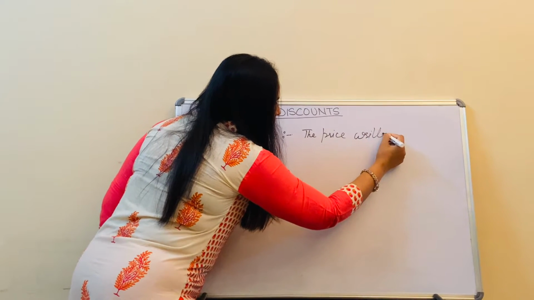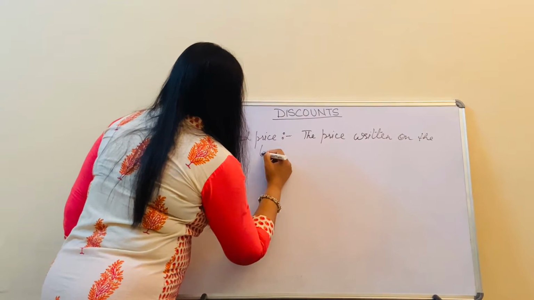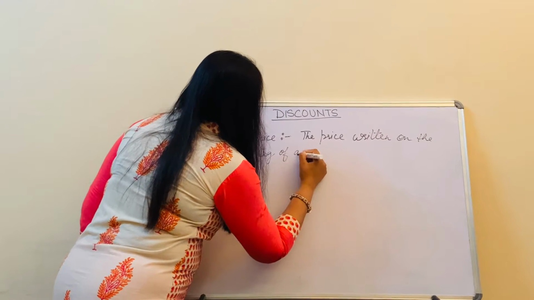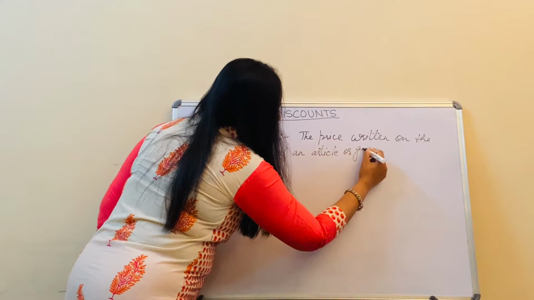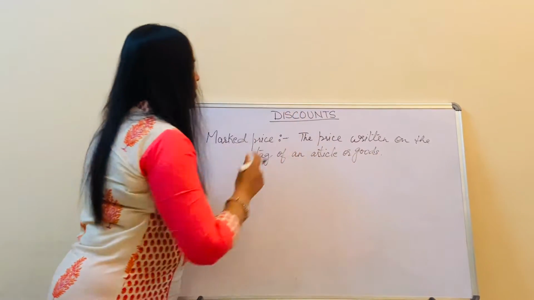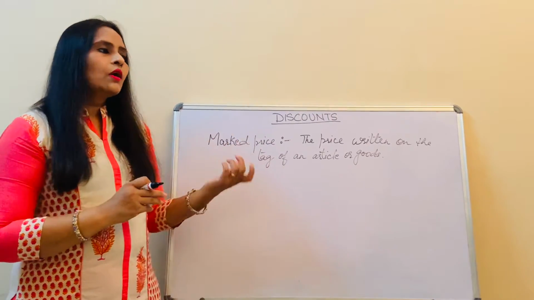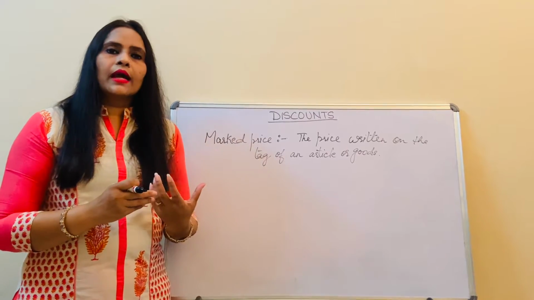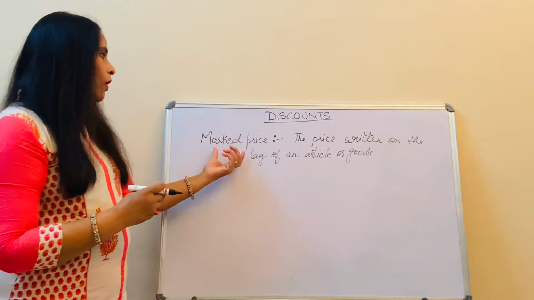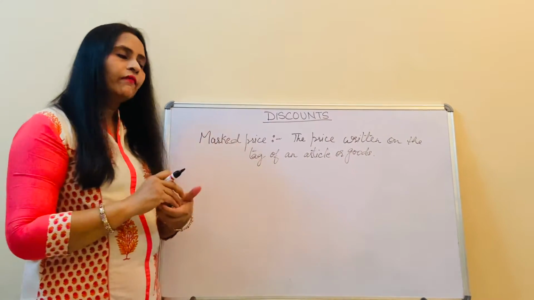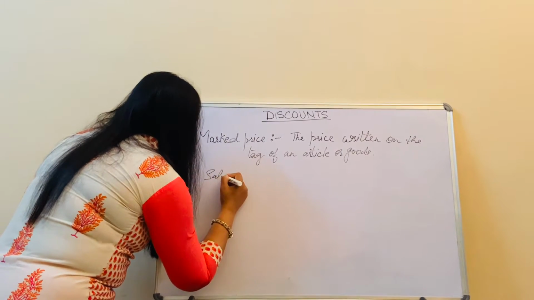The marked price is the price written on the tag of an article or the good. So this discount is always given on the marked price. Whenever we are given a discount, say 20% off, we have to deduct that 20% from the marked price, and after deduction of that discount from the marked price, we get the sale price